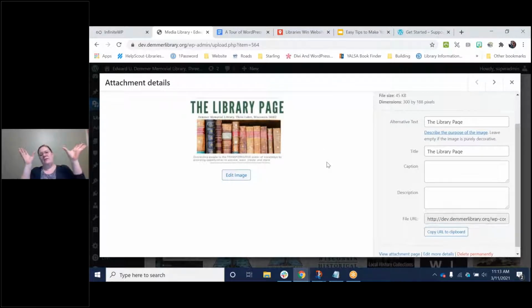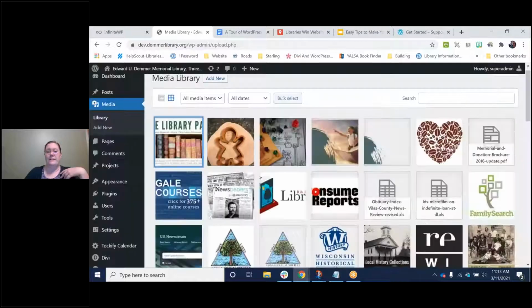Now, if it's just a picture of a flower and it's really just for decoration, you don't need alternative text. But this image is the title and logo, if you will, of the library's newsletter called the library page. And so it would benefit to put that information in alternative text.